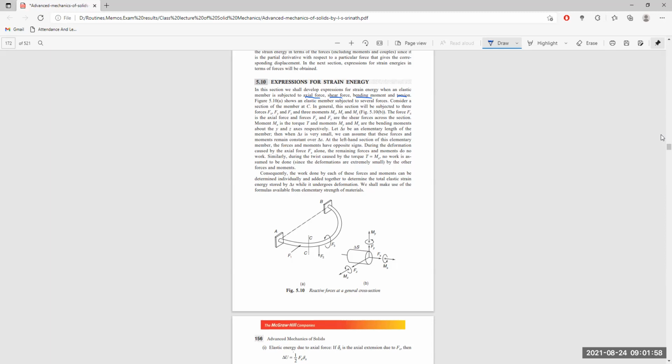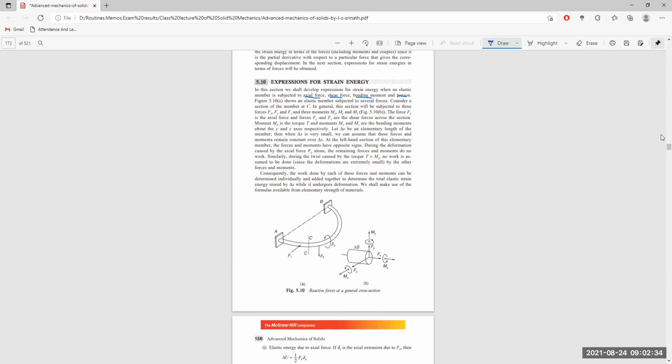And in order to go back, this bar is going to do a certain amount of work. This work is done by means of the energy stored within the prismatic bar when it is loaded and elongated by a certain amount. The work conducted by the bar itself, stored inside the bar as strain energy, is given by half of the load multiplied by the deflection it generated. This deflection can be longitudinal, torsional, bending, and also shear type. And the process is more or less the same.